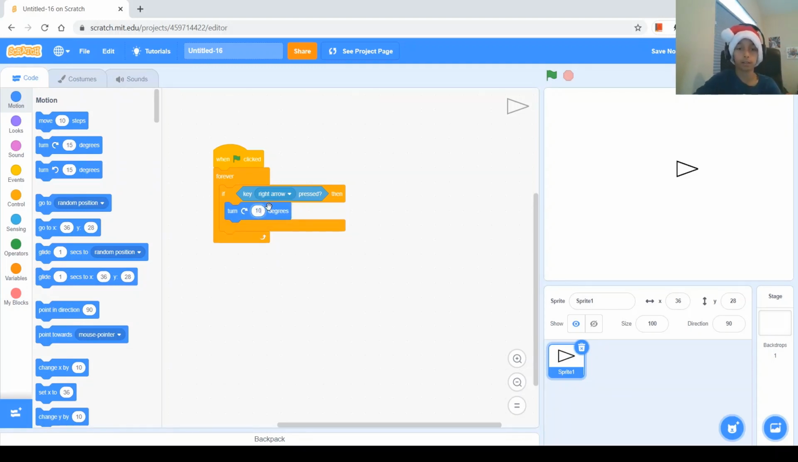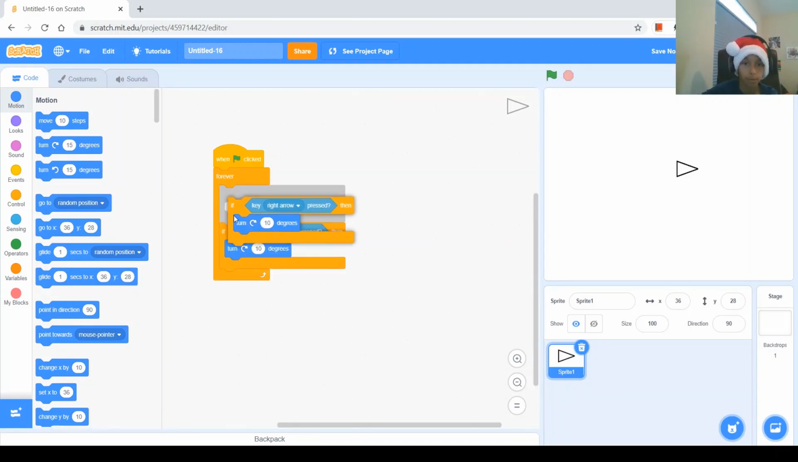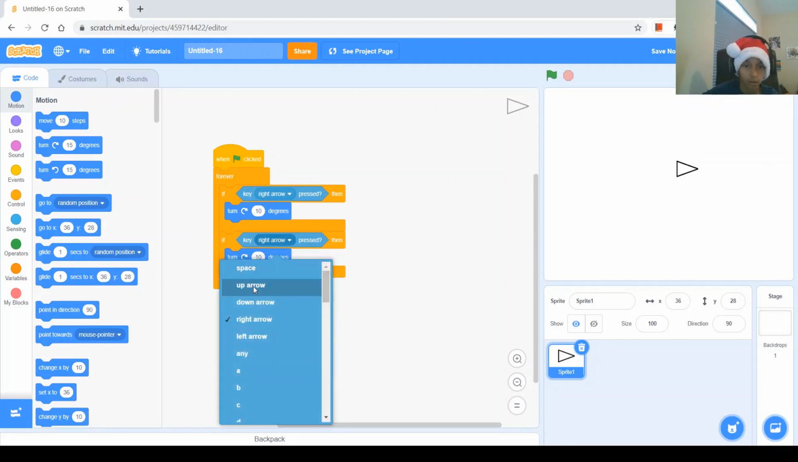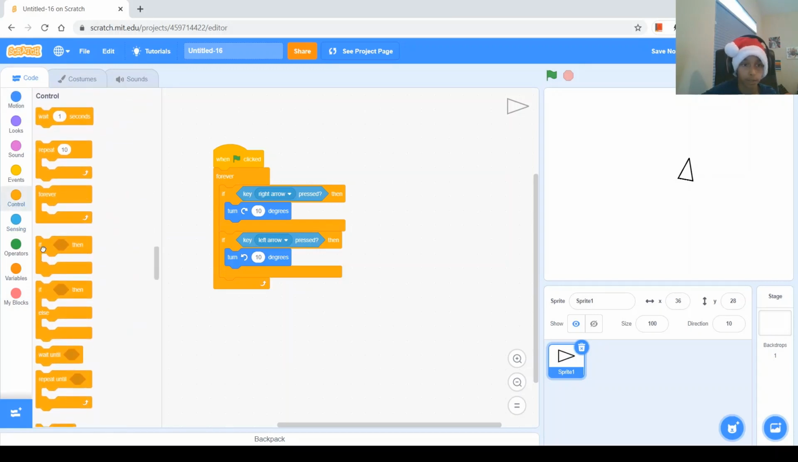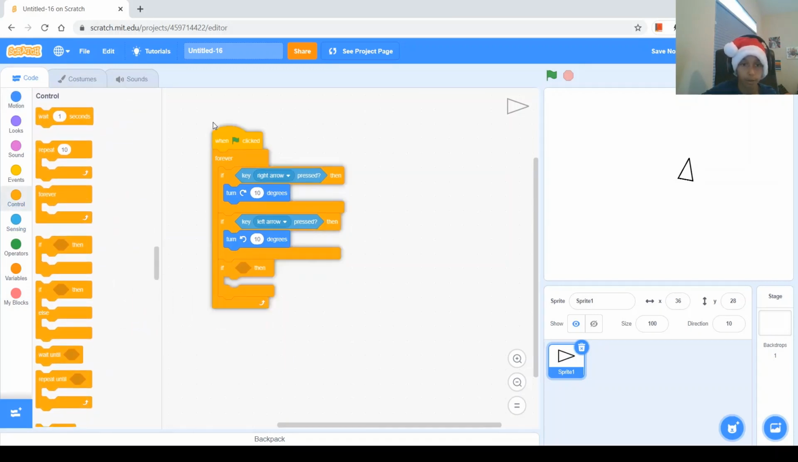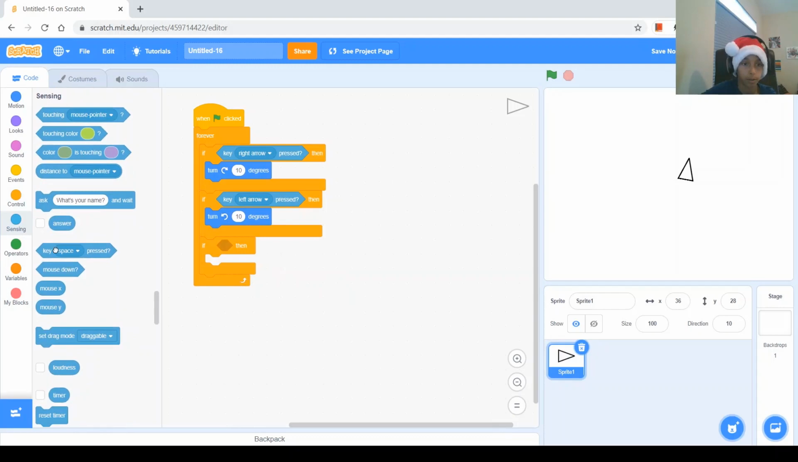Let's try 10 degrees. Copy this. And key left arrow, we want it to turn the other way, also 10 degrees. Now let's test it and see if it works. And you can see it turns when I click the arrows. Now also what we want to do is we're just going to make it move when I click the up arrow. So if key up arrow pressed,